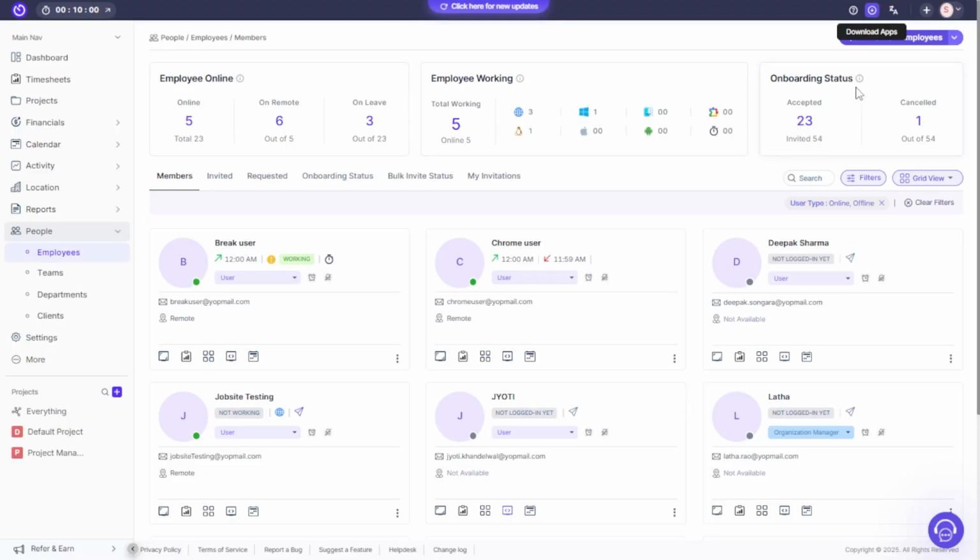Further, on the onboarding status, it gives you the information of out of how many invited members, how many have accepted the invite, and out of how many invited, how many have cancelled the invitation. This is the data that will be able to see and identify the number of users which are available inside your organization. Further, in this section, you will be able to see that the segregation of the members with respect